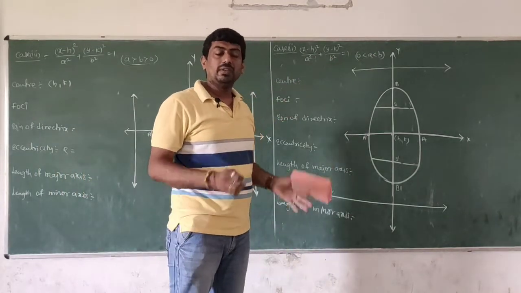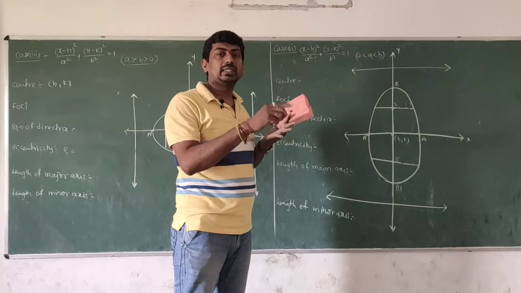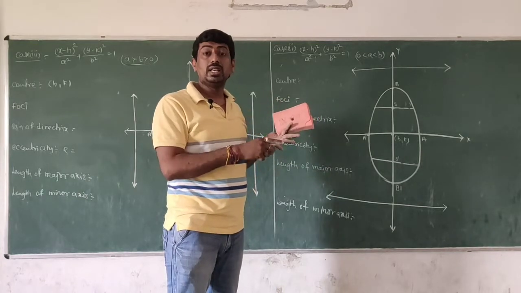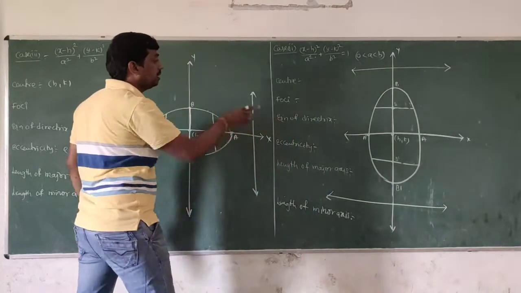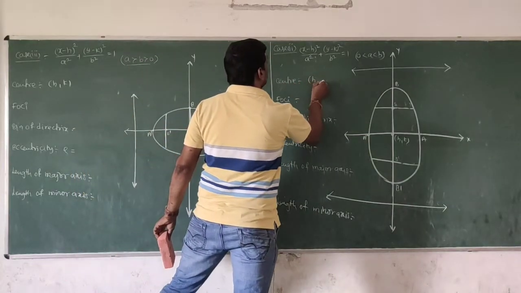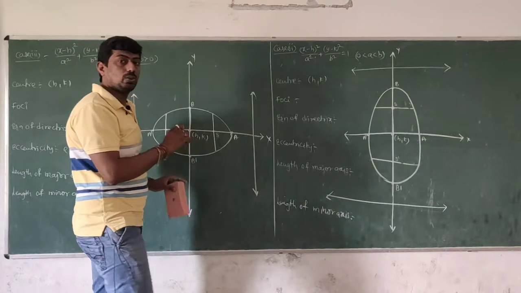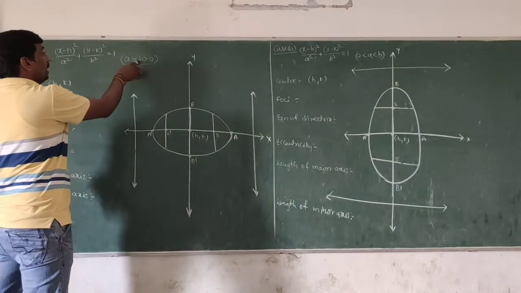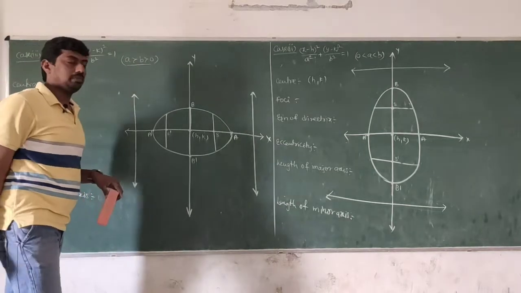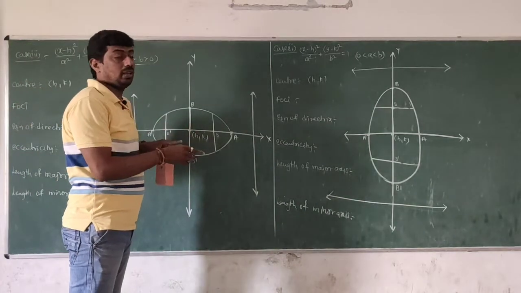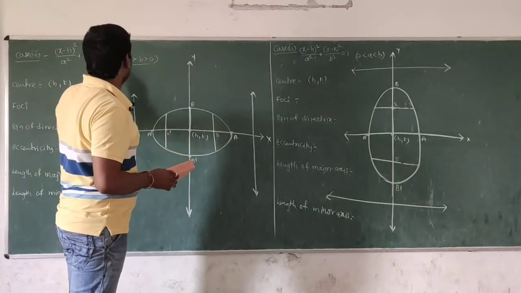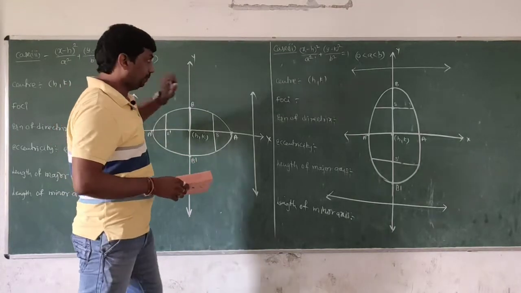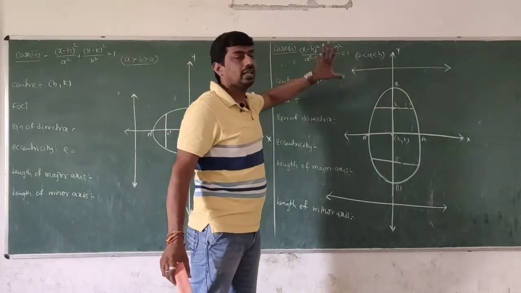That's the difference between cases 1, 2 and 3, 4: in the first two cases the center is the origin, in the second two cases the center is (h, k). But the difference between these two is: if the center is (h, k) and a is greater than b, then case 3. If a is less than b, case 4.